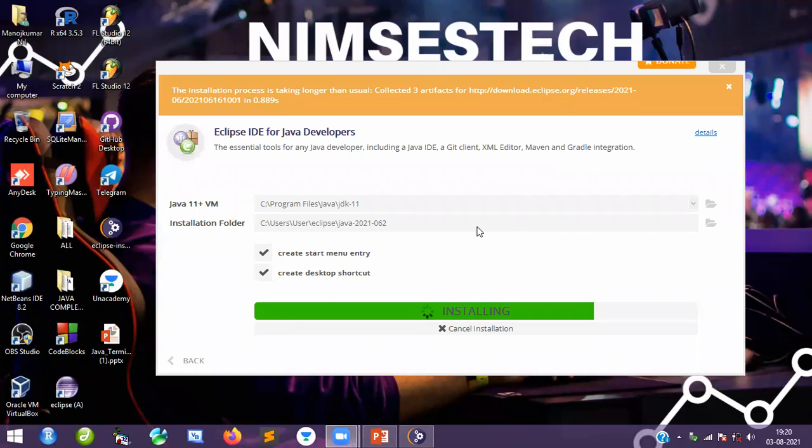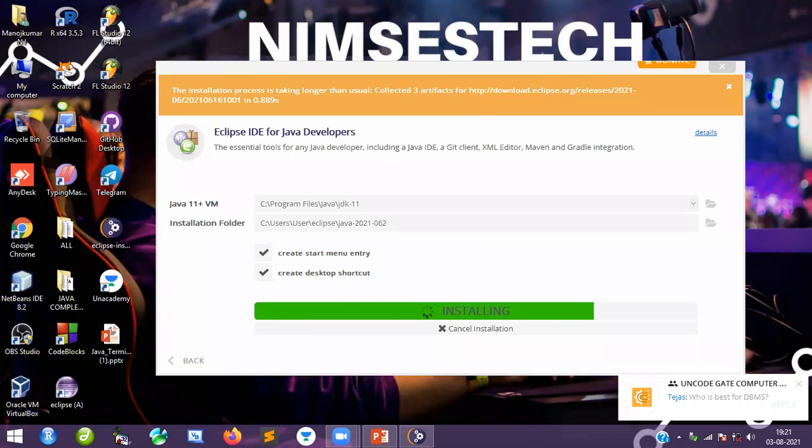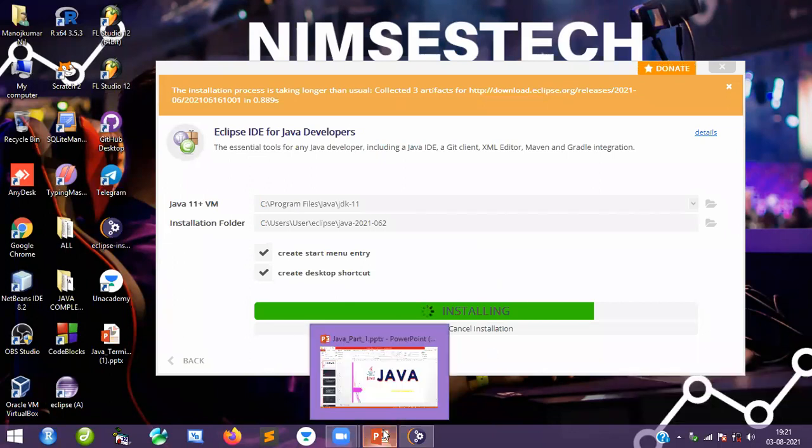It is going to be installed. It will take some time, guys. Until then, we will discuss some more topics. Everybody clear? How to set the path? I think I explained very clearly. Yes or not? How to set the path, how to install the JDK, how to install the Eclipse IDE. These are very, very important things you need to understand. I think you people got this. Yes or not, guys? Everybody clear? Yes, sir. Okay, fine. It will take some time. Until then, we will discuss some more topics here. When it is installed, I will show you. Don't worry.